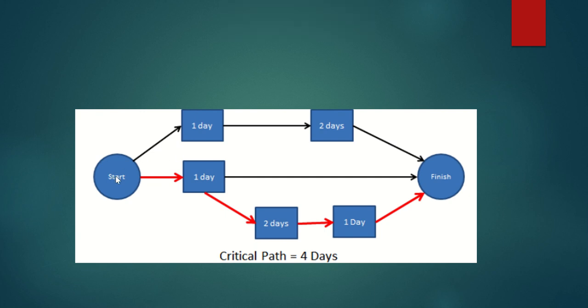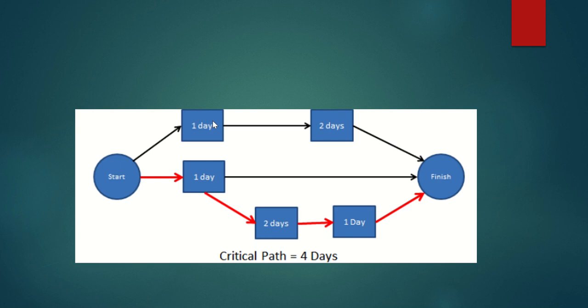This arrow line is called activity, and these blue circles are called events, right? So to go from this event to this event, we have to perform this activity, and how much time is required to complete this activity? We need 1 day here. And then again, to reach from this event to this event, we have to complete an activity. The arrow symbolizes activity. So we need 1 day.